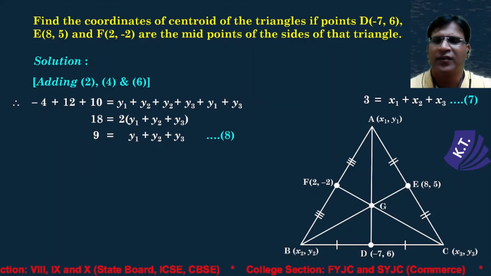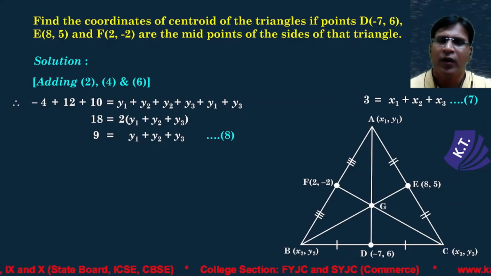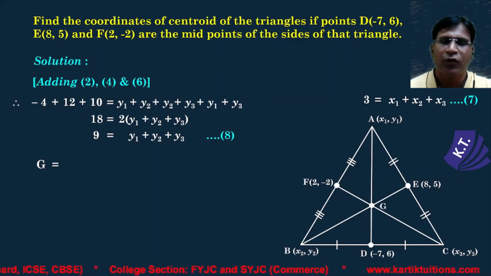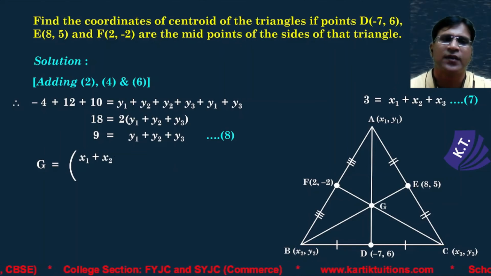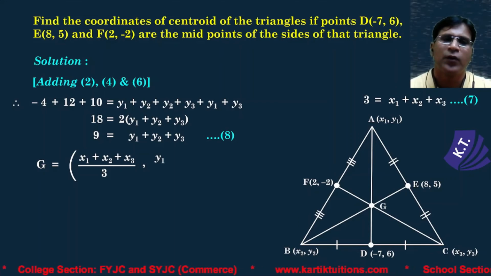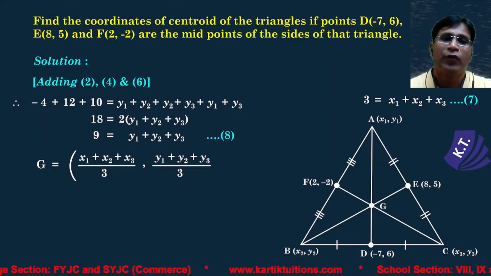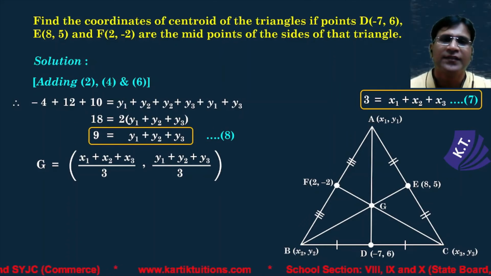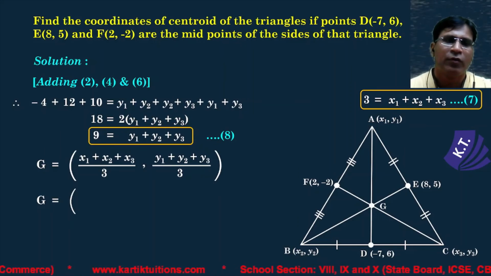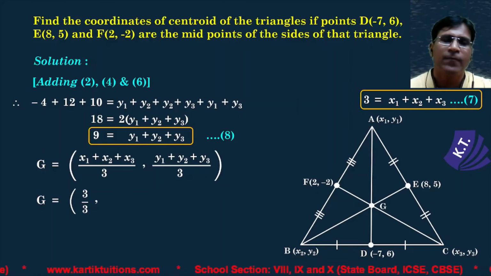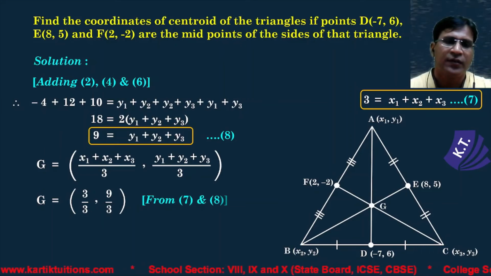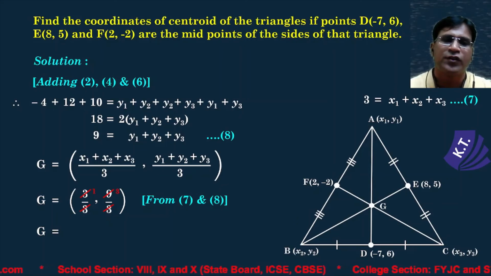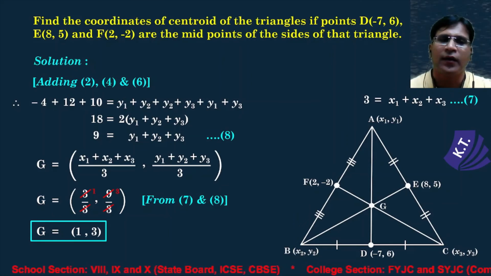Now you don't need to solve anything further. If you just observe, we have got a part of the centroid formula. So how? See, what is the centroid formula? Centroid formula is (x1 plus x2 plus x3) upon 3 and (y1 plus y2 plus y3) upon 3. Now we already know the value of the numerators. For example, x1 plus x2 plus x3 क्या है? It is 3. So we can substitute that value. So it will become 3 upon 3, and for y it will become 9 upon 3. Now 3 gets cancelled. It gives us 1. 3 3s are 9, so 3. So the coordinates of centroid G is (1, 3).